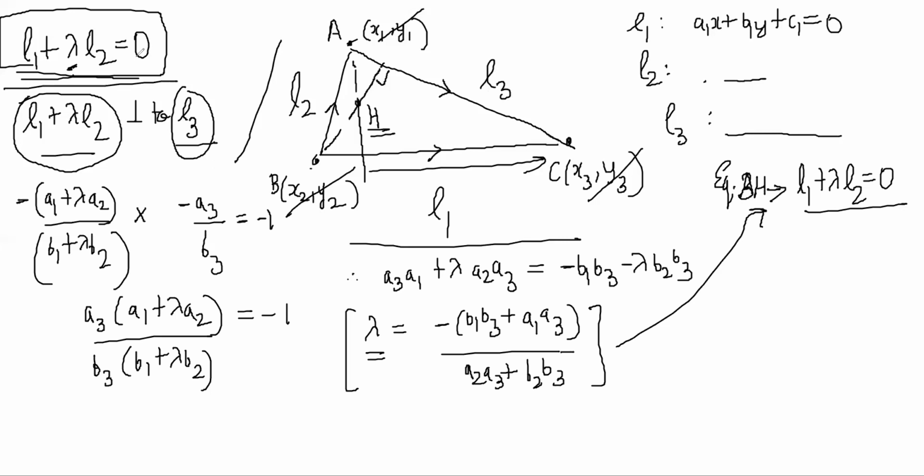So let's look at example 83. Find the equation to the straight line which passes through the intersection of the straight lines this and this and is perpendicular to the straight line this, right? Correct. So now he has done this question in two ways. The first way is the standard method that anybody can do, right?